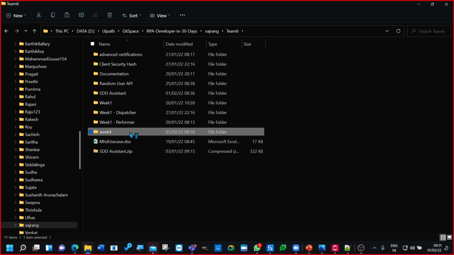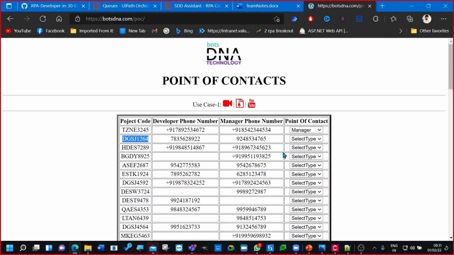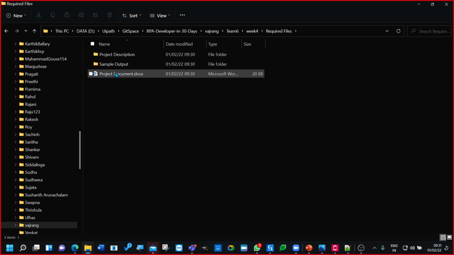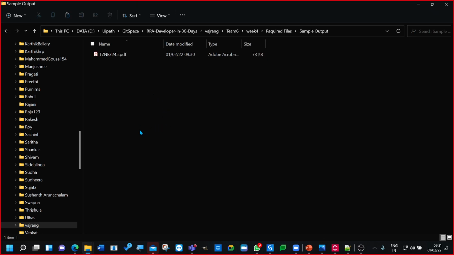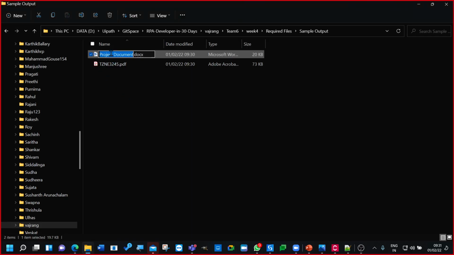You need to read all the information from this website. And for every row, you need to copy or create a separate document, and you need to save it in this particular sample output. Copy and paste. Then you need to rename this document. So what do we need to rename this document into? We need to rename this document into this particular ID. After we complete renaming it,